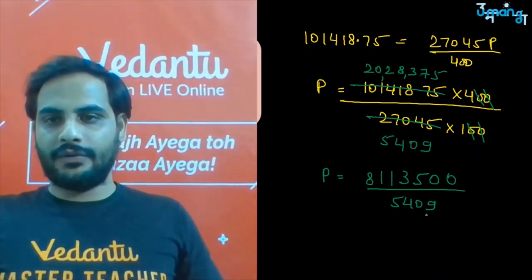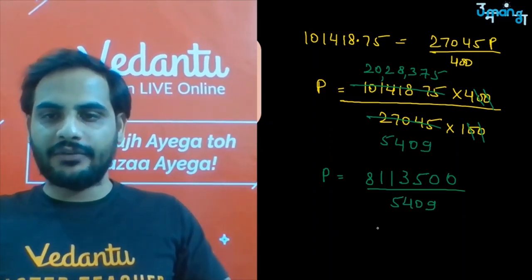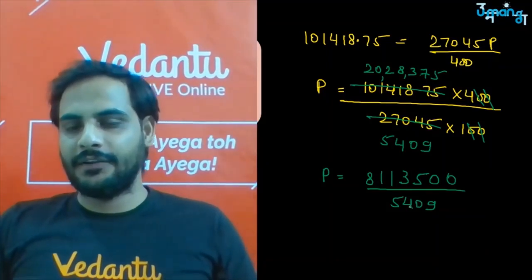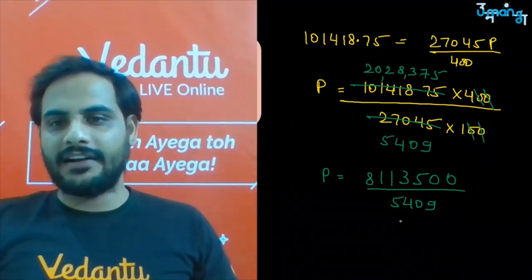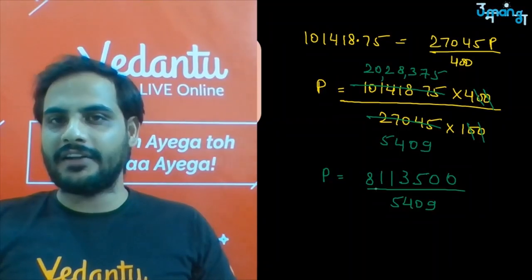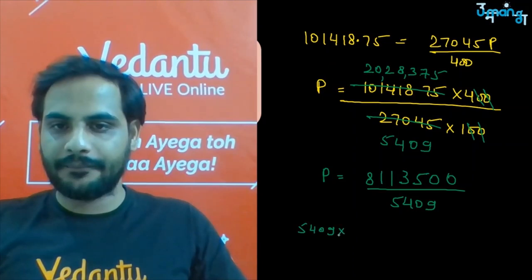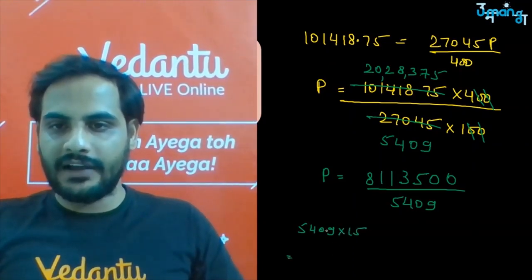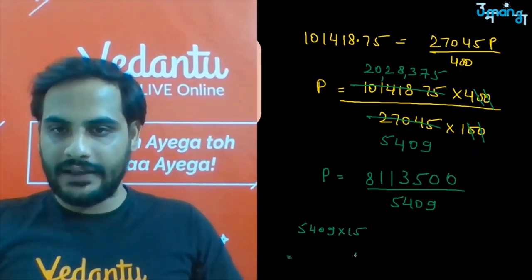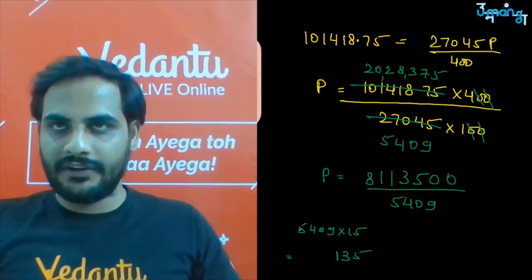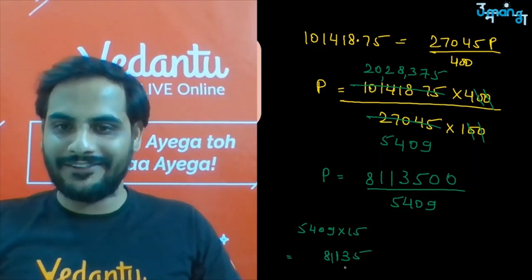Okay, 5409 you are getting. Now let us multiply 5409. If I multiply 5409 with 5, I will get around 25,000 something, but here it is 81. So next part, let us multiply 5409 with 15. So 15 nines are 135 power 13. Okay, so 3 will come here, power 1. 15 fours are 60 plus 1 is 61. 15 fives are 75 plus 6 is 81.